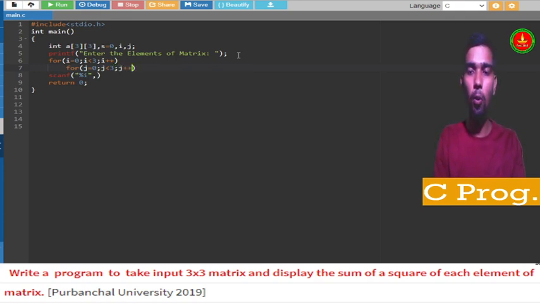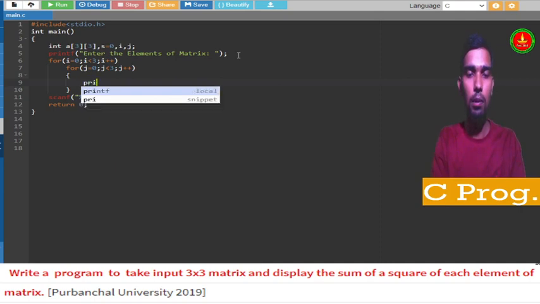If you don't know for loop and nested for loop, then please go and refer. Soon I will also provide a theory series on it so you can understand everything very easily. Here I will write multiple lines, so I will give the braces.